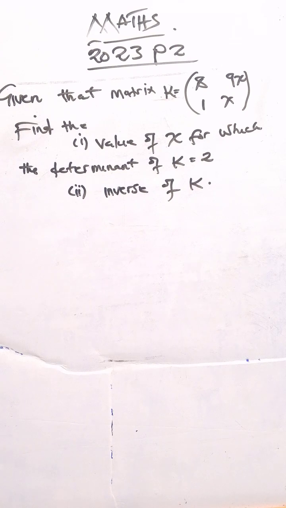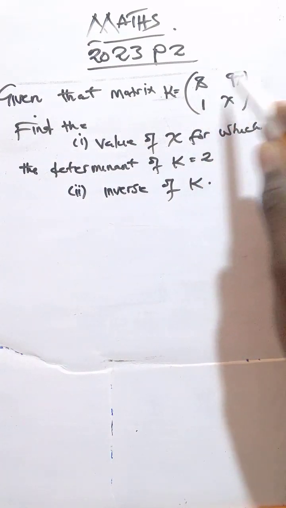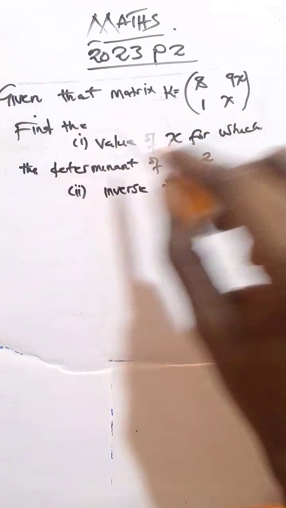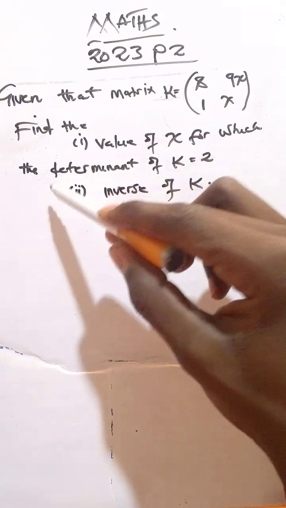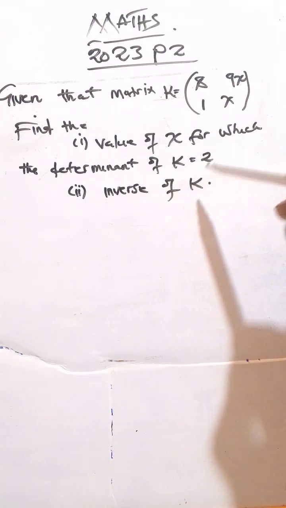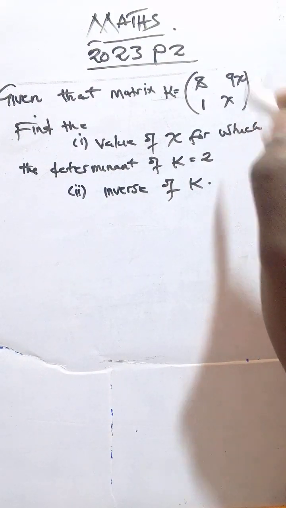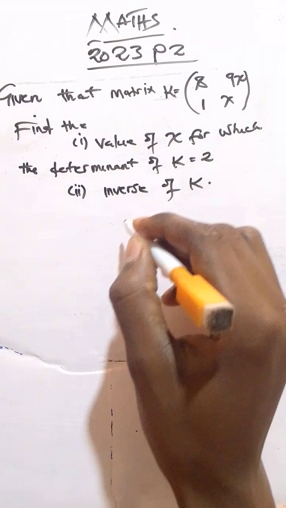So question 2a, given that matrix K is equivalent to, we have these elements inside, find the value of x for which the determinant of K is equivalent to 2. Then find the inverse of K. So for us to find the inverse or the value of x, we will say